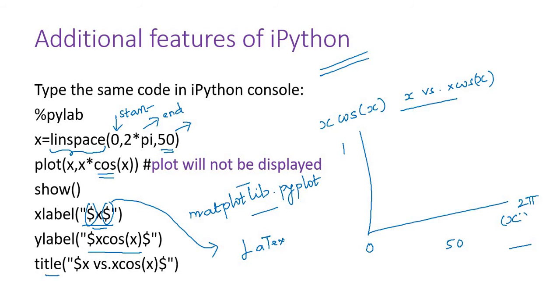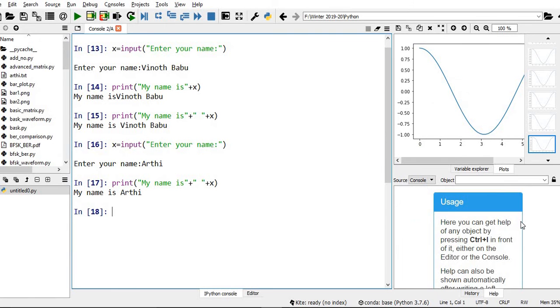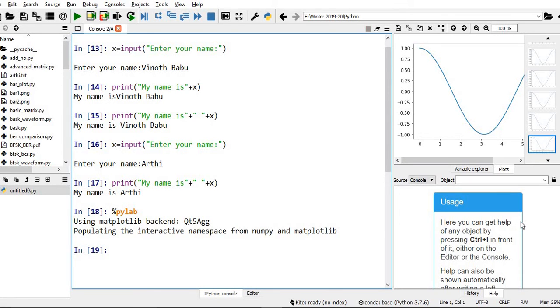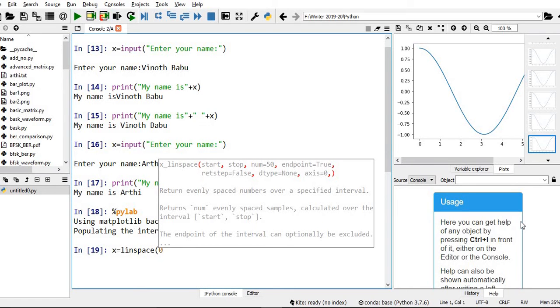So I'm going to type this piece of code in the Python console. Let me import, I'm going to use Pylab. So x equals linspace, linearly spaced vector, 0 to 2 pi.